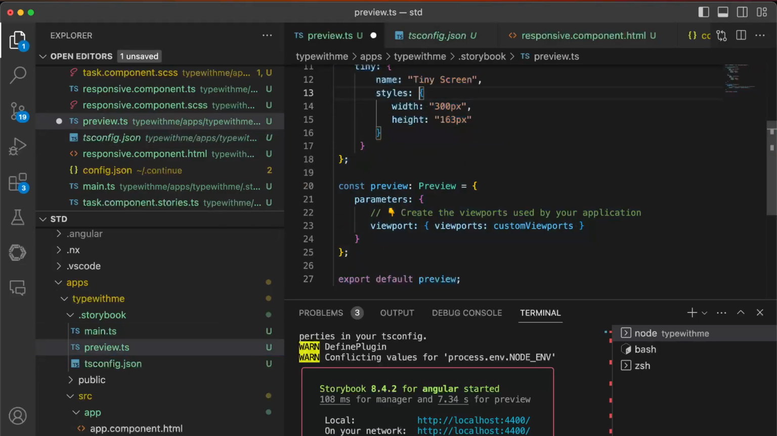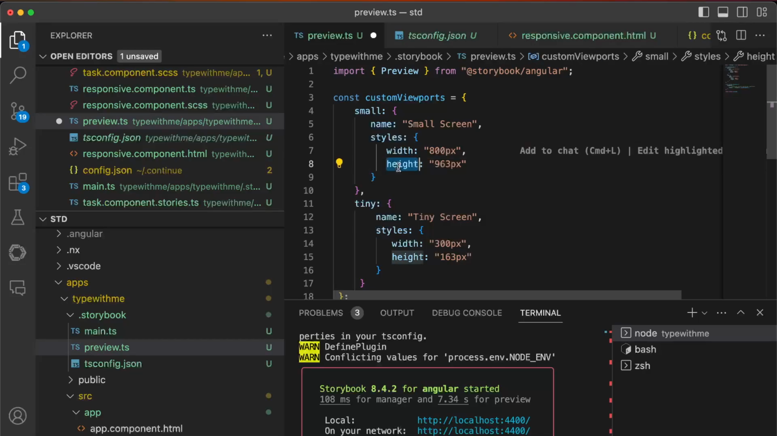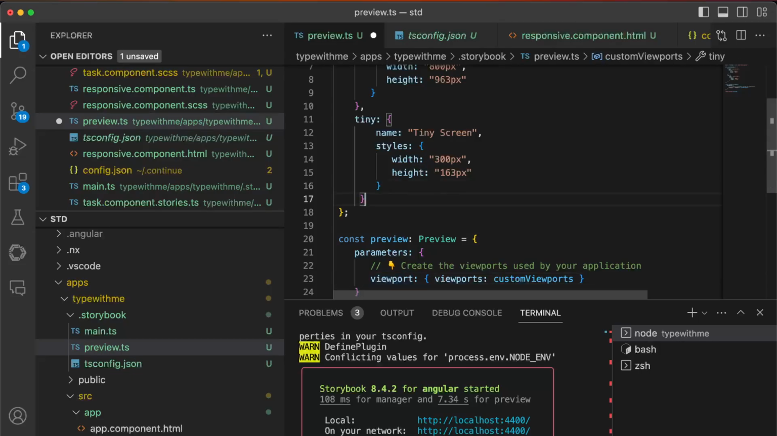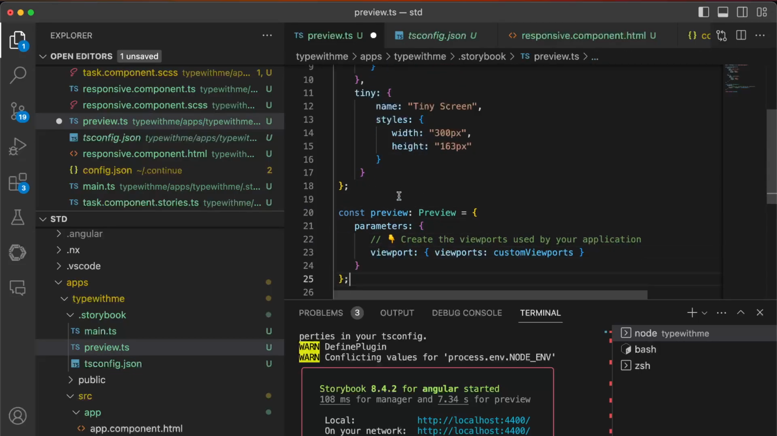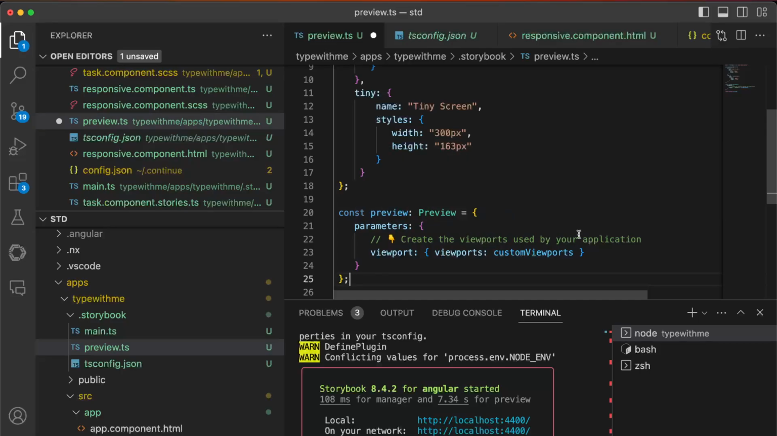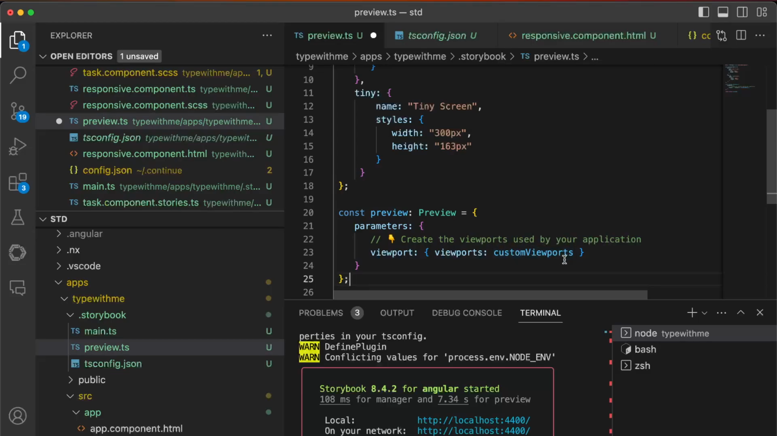And for this, you can add a configuration for the custom viewports. In our case, I put here small, which is the small screen. It has a width and a height. And then I have the tiny, which is a tiny screen, a very tiny screen, right? And then we have our parameters right here, the preview parameters, to create the viewports used by your application, and then the viewports and the custom viewports, right? If I save this,